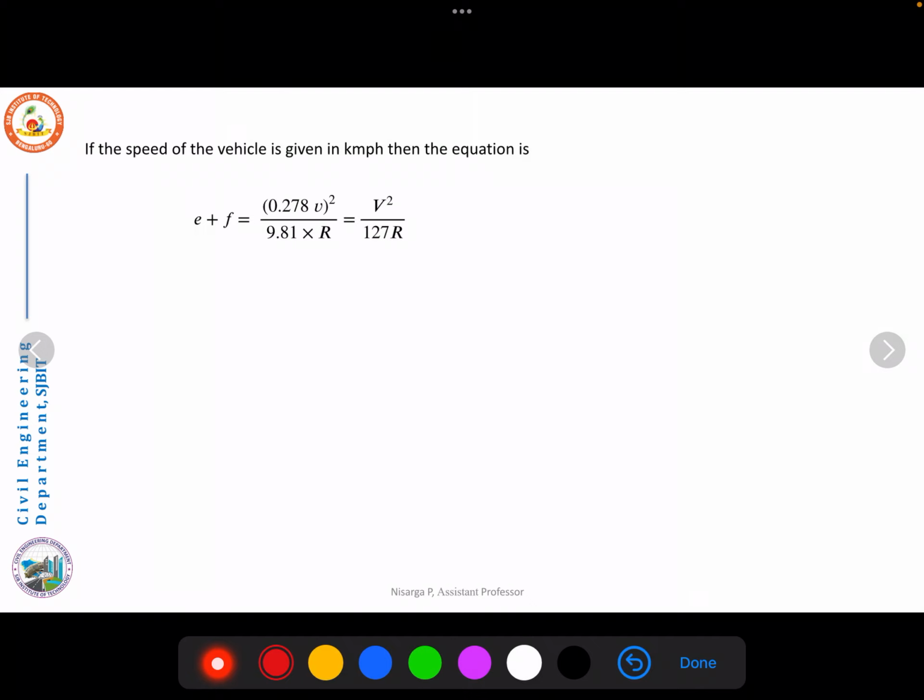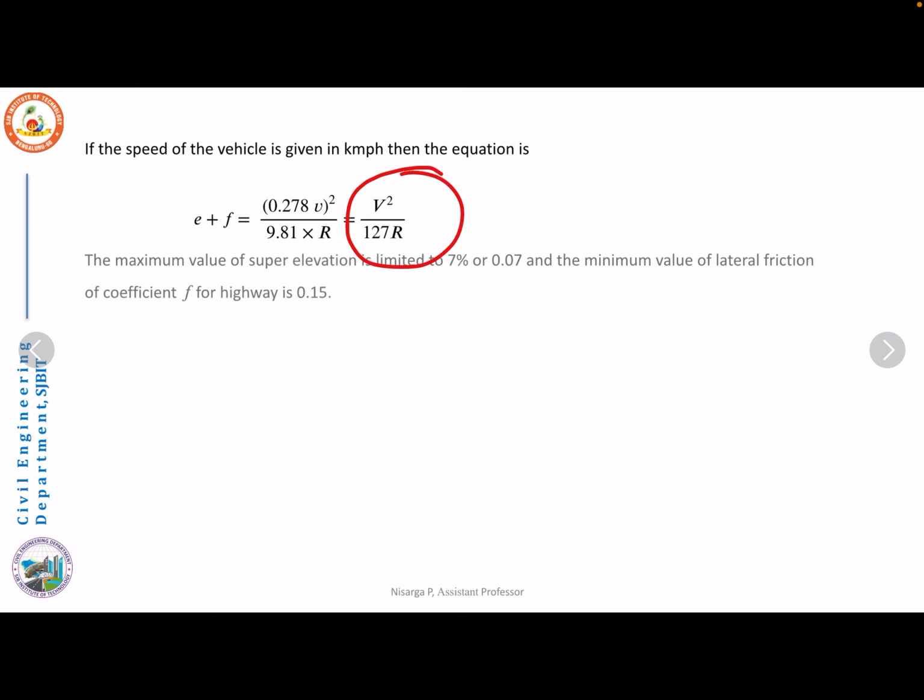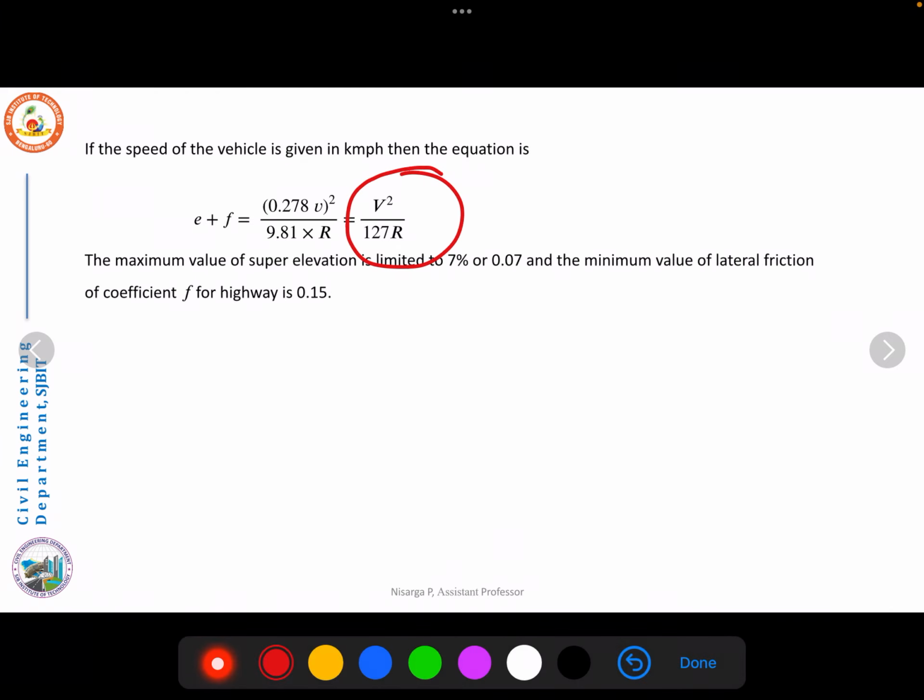If you convert that into kmph, the equation becomes E plus F is equal to V square divided by 127R. Here V is the speed of the vehicle in kmph, and as I mentioned earlier, the maximum rate of super elevation is 7% or 0.07, and the coefficient of friction value is